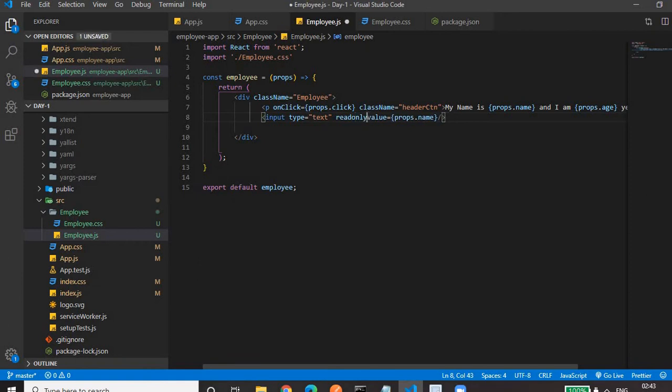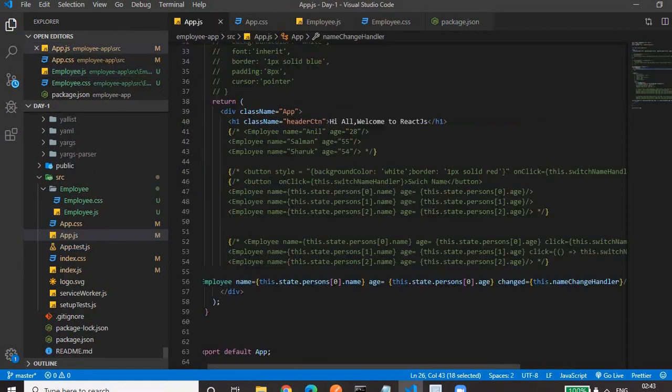Otherwise, it shows a warning message. So the onChange event is necessary if you are binding an input field to a value. Let me comment this also. So in this way, we have learned two-way data binding.